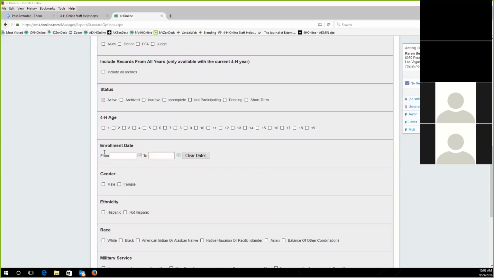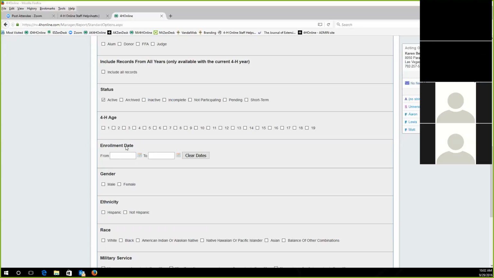I don't recommend using the enrollment date, and the reason why is that it's specifically focusing in on when that enrollment was in the system. Well, that's really hard to monitor. I can kind of remember day to day, but as far as for me to think back a few months, what specific date did this enrollment get keyed in? No,